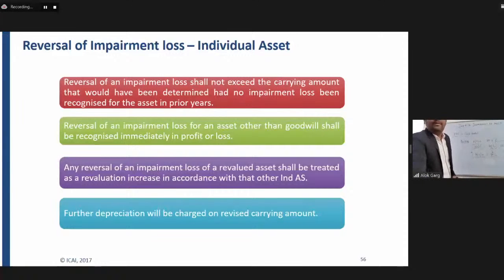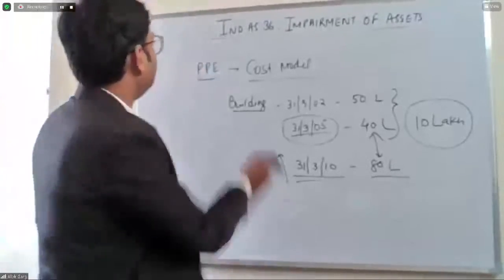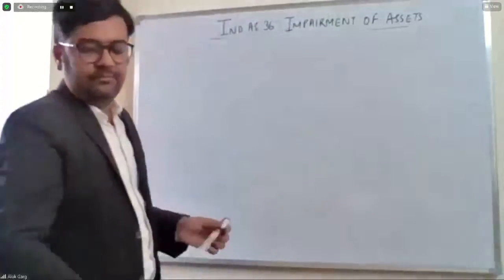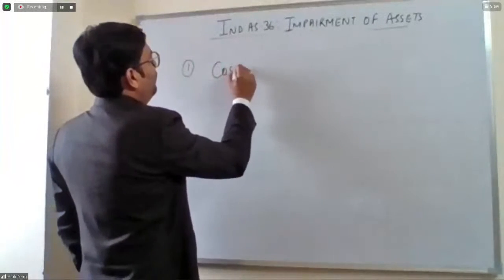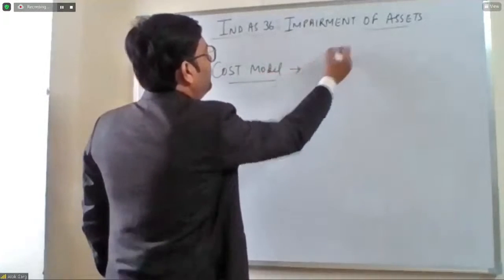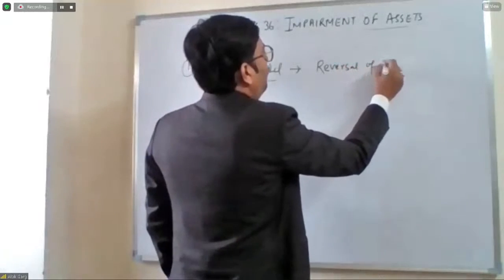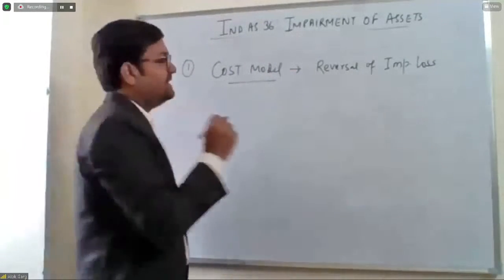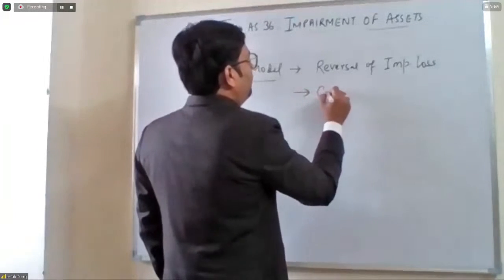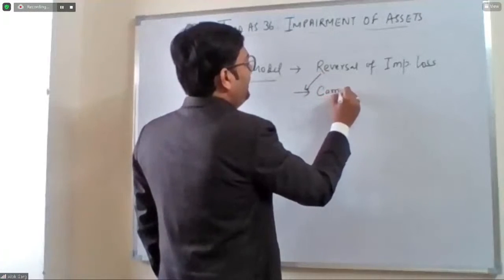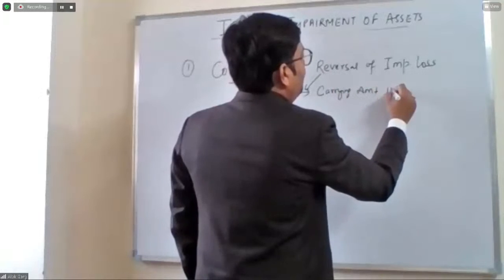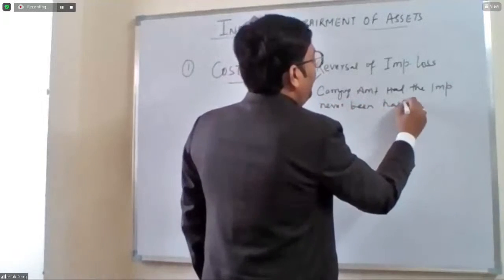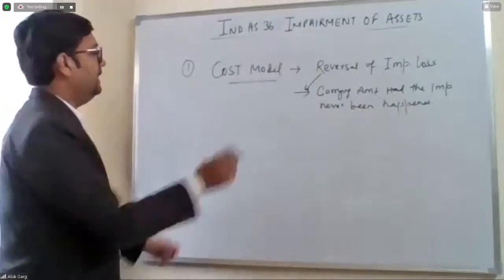What does it mean? It says that, first of all, you need to see if the company has opted for the cost model, then the reversal of impairment loss will be to the extent of the carrying amount had the impairment never happened. What does it mean? For example, on